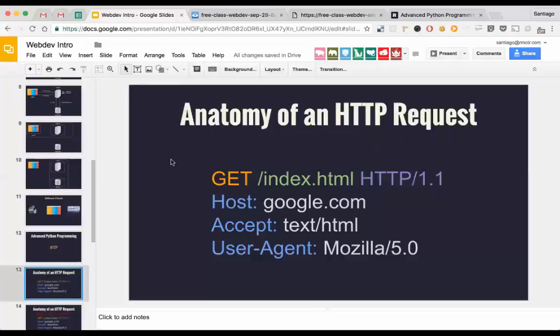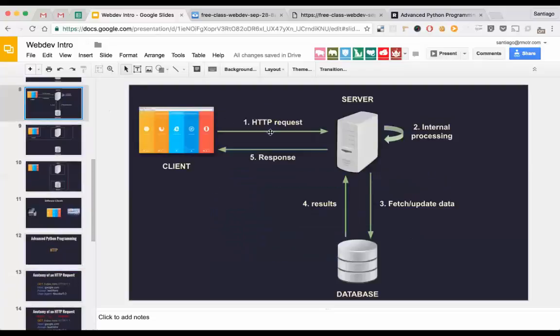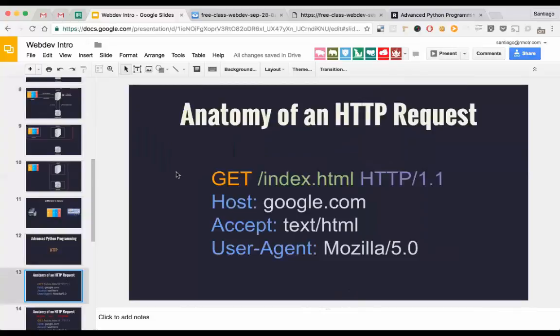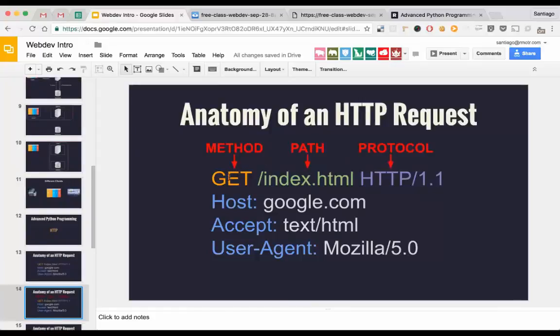HTTP is a simple protocol, and it will have two main things, an HTTP request and an HTTP response, right? The two main communication ways here if you want. The HTTP request and the response. An HTTP request has this structure, okay? It will have a method, right? In this case, I have GET. It will have a path or a resource, and it's also going to specify the protocol that this client